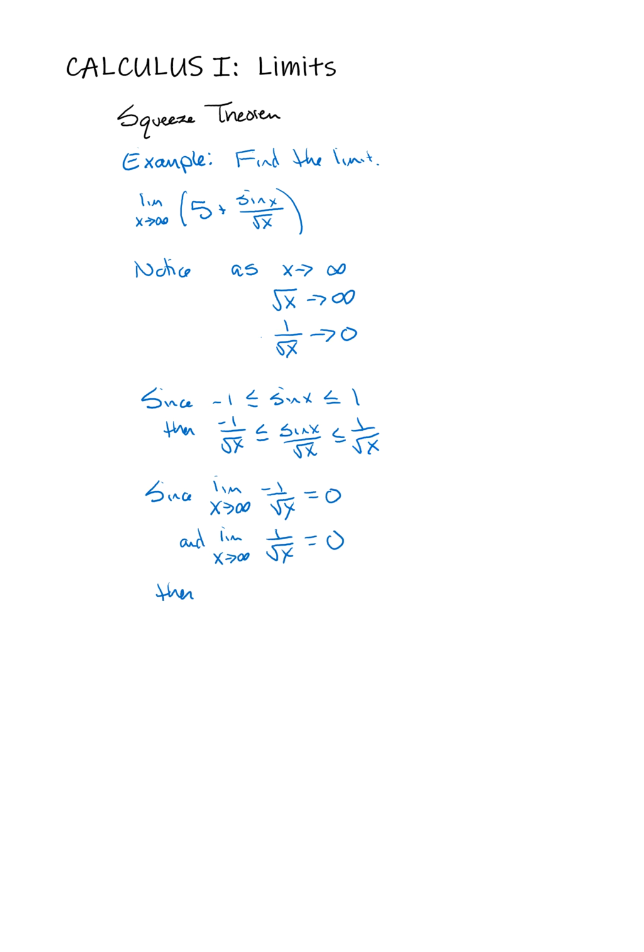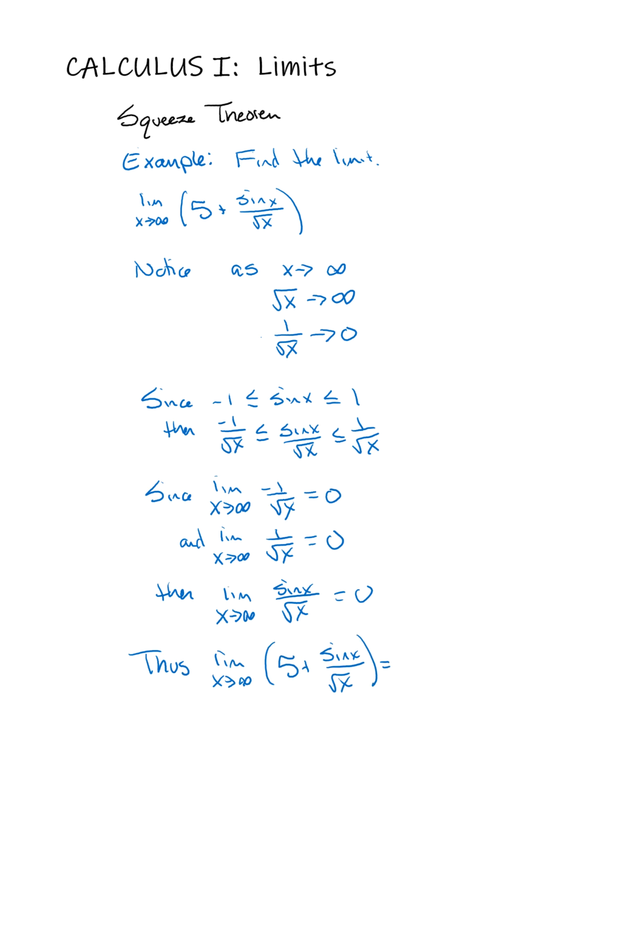So this tells me that for the stuff in the middle, here's where the squeeze theorem comes in. I can squeeze this in between those other two functions. So we now have that the limit as x goes to infinity of sine of x over the square root of x is also equal to 0. So this tells me that for the limit I'm looking at as x goes to infinity of 5 plus sine of x over the square root of x,